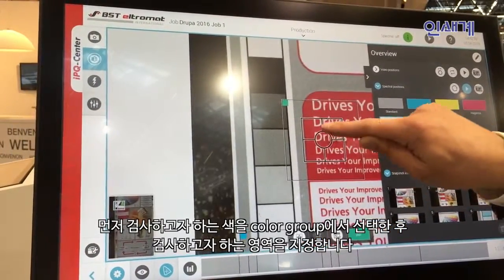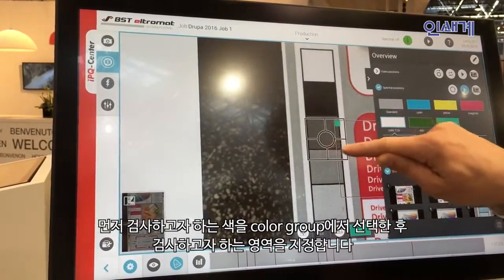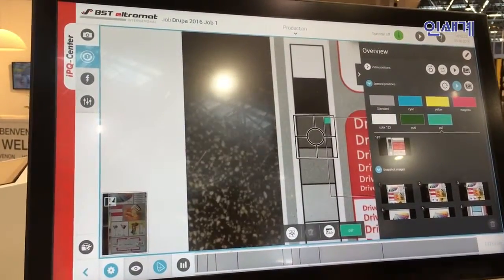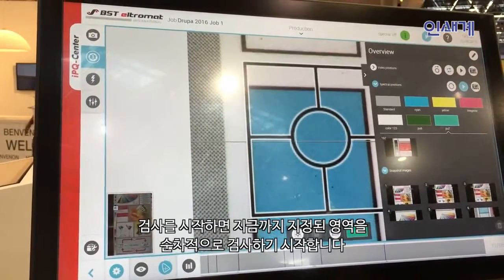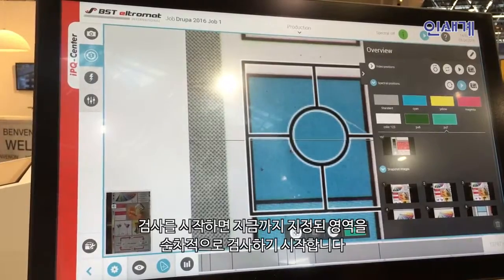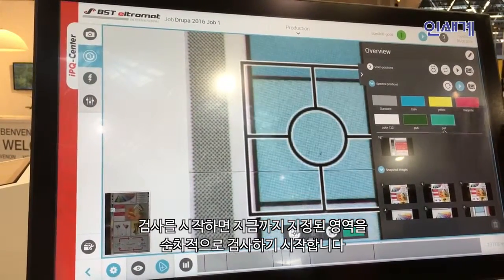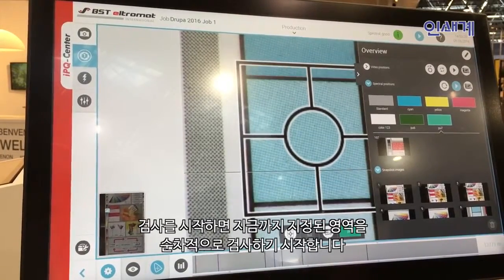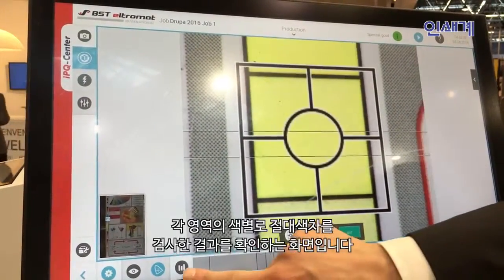Now in the middle you see this area where I'd like to measure, and I move the color patch right into this area. And if I go right now into run mode, the measuring head over there is going to do the measurements. Once we have all positions for the spectral measurement defined, the operator goes usually just to the